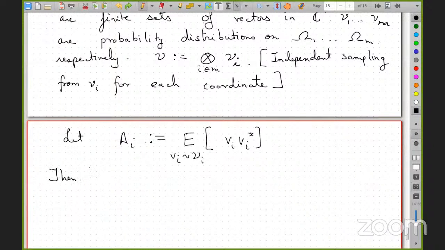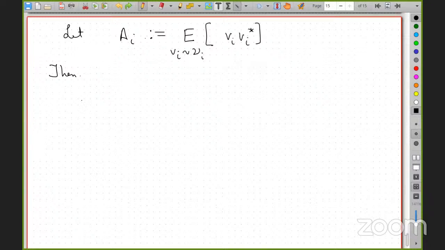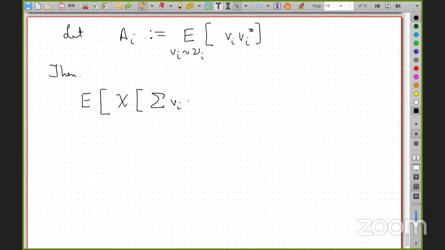Then the expected characteristic polynomial of this matrix, the sum of v_i v_i star for i from 1 to m, where each of these v_1 to v_m is sampled according to this broad distribution mu, is exactly